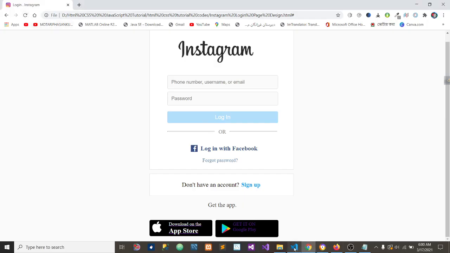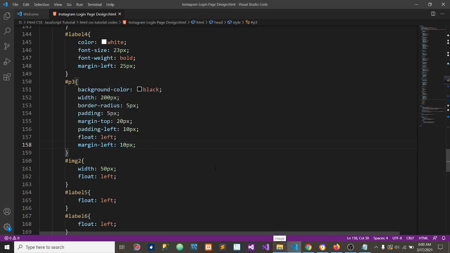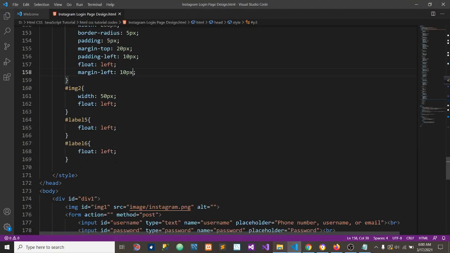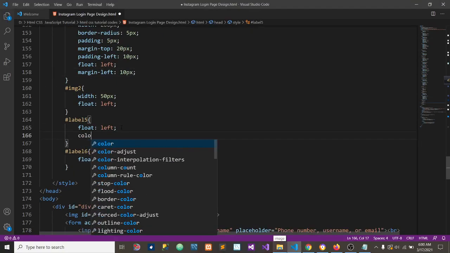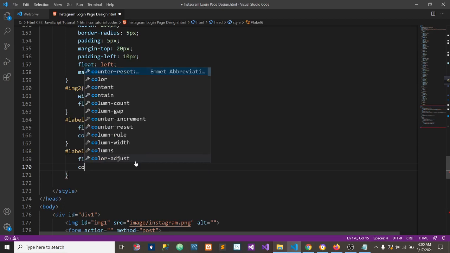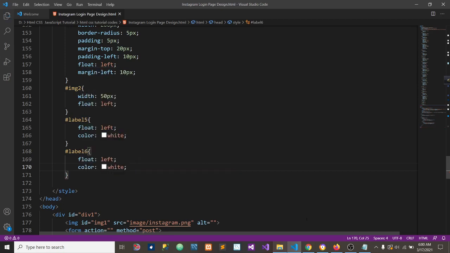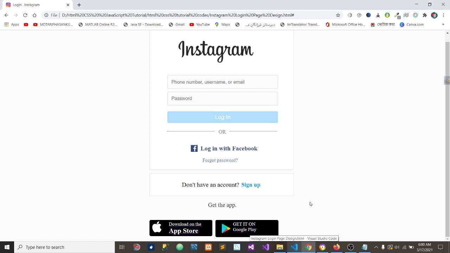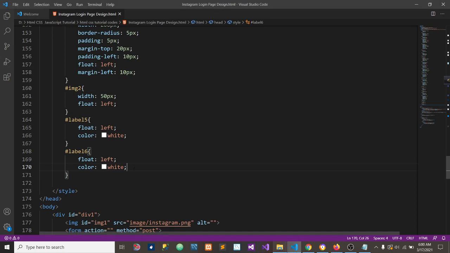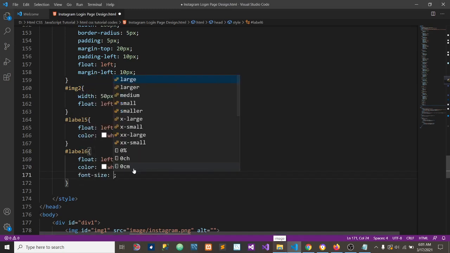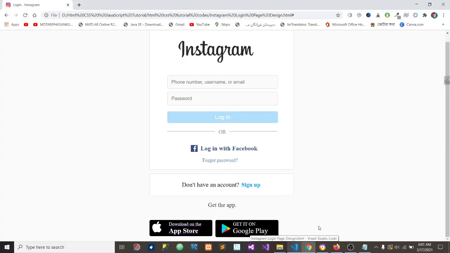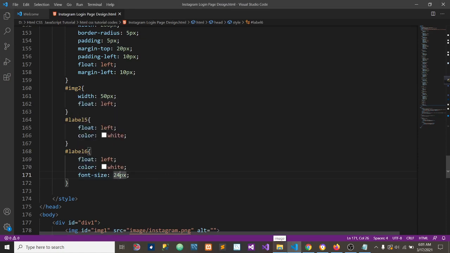তো এখানে একটু গ্যাপ দিচ্ছি। তো এরপরে আমাদের পি, এখানে রেডিয়াস, এগুলো ঠিক আছে। তো আমাদের এই কালারটা এবার একটু চেঞ্জ করতে হবে। তো এখানে কালার, এটা আমি হোয়াইট করে দিচ্ছি। তারপর এটারও কালার, এটা আমি হোয়াইট করে দিচ্ছি। তো দেখুন আমাদের কালার হোয়াইট হয়ে গেল। তারপর গুগল প্লে, এটার আমাদের উইডথটা একটু বাড়াতে হবে, হাইটটা। তো আমি ফন্ট সাইজ, এটার ফন্ট সাইজটা বাড়িয়ে ধরুন 24 পিক্সেল করে দিচ্ছি। তো দেখুন এটা অনেক বড় হয়ে গেল। আমাদের 23 পিক্সেল এনাফ।